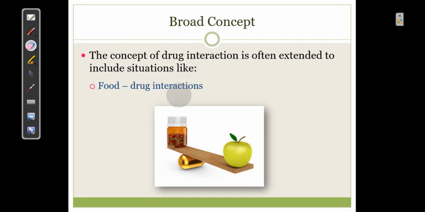You can just see that I have shown one image of a balance of food and drug. Most of the time, when you go to a physician, what normally a layman will ask the physician is, sir, when should I take this tablet,